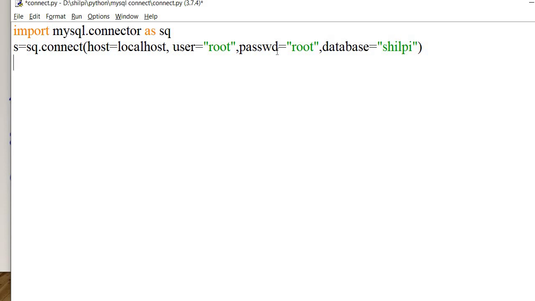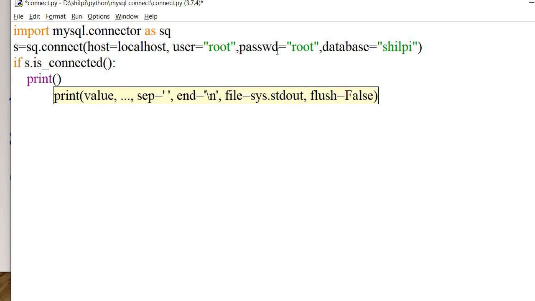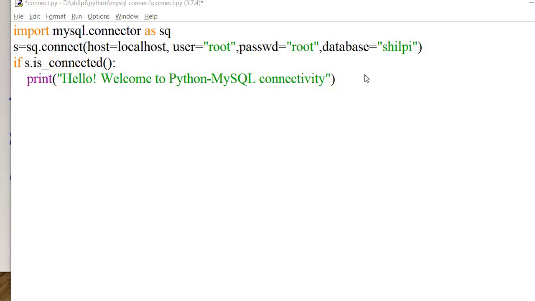To check the connection, we have a method: I will use the condition if s.is_connected. This is a method which will return true if the connectivity is done. Otherwise it will generate an error. So I'll run this program.